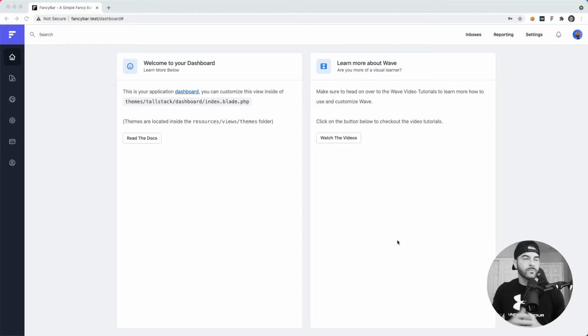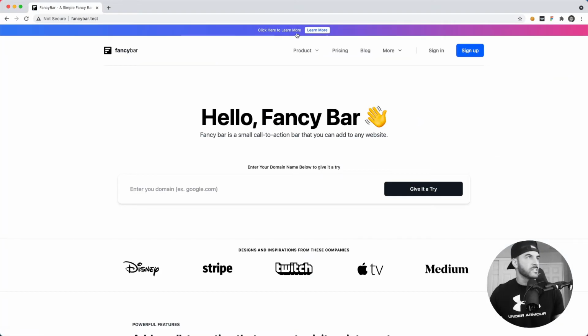So the SaaS that we are creating is called Fancy Bar, and this allows you to add a nice little fancy bar notification to your website. To give you an example of the bar, I'll go ahead and just log out. You can see that this bar up here is what somebody can add to their website. We're going to add a bunch of different designs, and we may even add some little bars that pop up down at the bottom left or the bottom right,